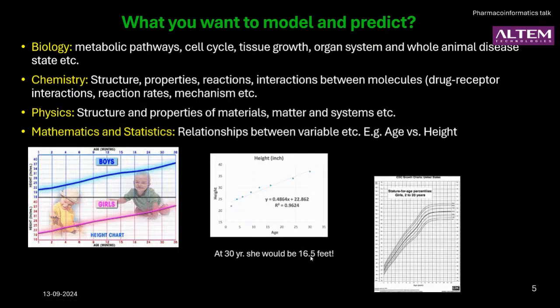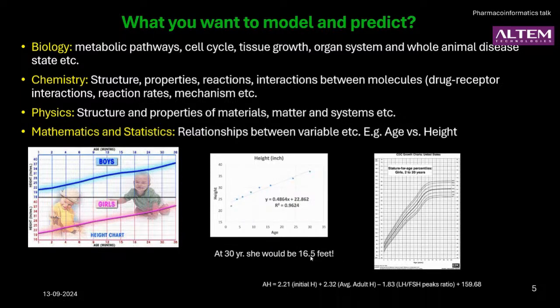This means that all models have an applicability domain. They should be applied within the applicability domain. If you really want to know the height of a person when they are a small infant, that is very difficult. But you could certainly predict their height at puberty, or what their height will be as an adult. This type of modeling is done by everybody. Models are everywhere around us, whether we realize it or not.